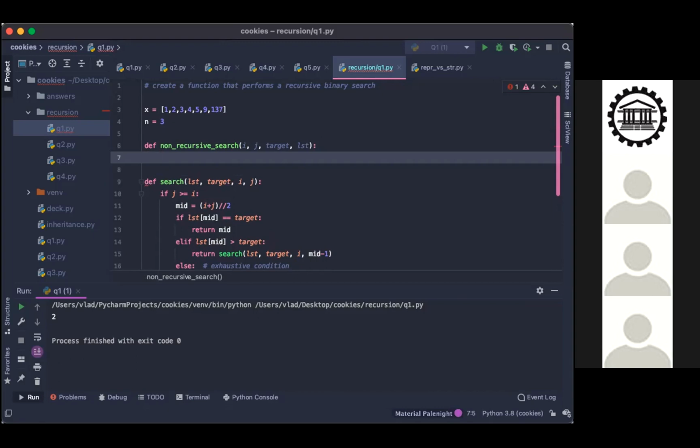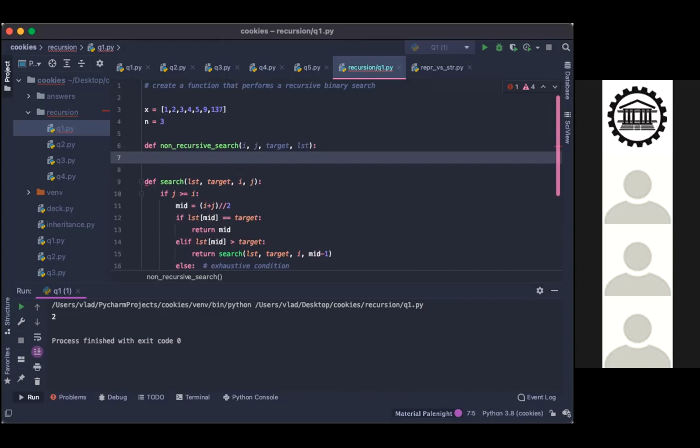So now we have to incorporate the base case, right? Because the base case is when we don't want the I or the J to pass each other. But there's no base case if it's not recursive. I know. What I meant is that since we're using a loop again to do the search, we have to stop the loop when they pass each other.